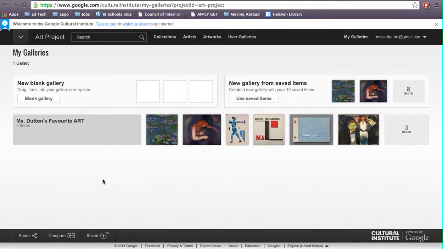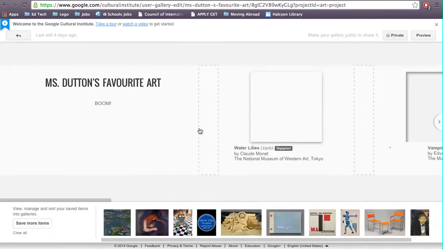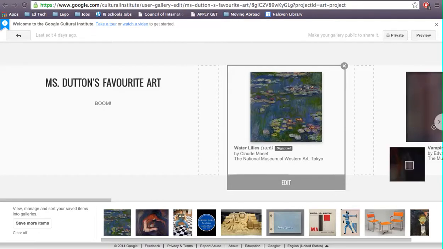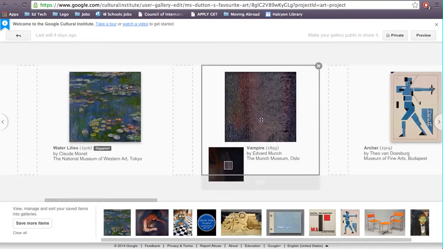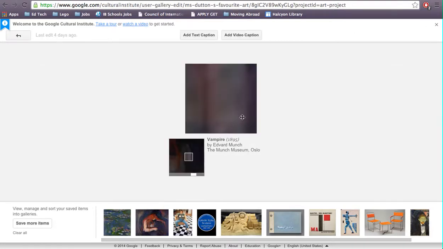So you saw how we could zoom in, so let's have a look at maybe this one and see if we can zoom in just as much. Oh, okay, it's taking me. Okay, you can see that I've already had a zoom in at some point. You can actually see like the texture of the canvas. So instead of having some kind of rubbish printed off things that are very pixelated, this is really going to help them. Really, I think is a truly inspiring thing that Google have done,